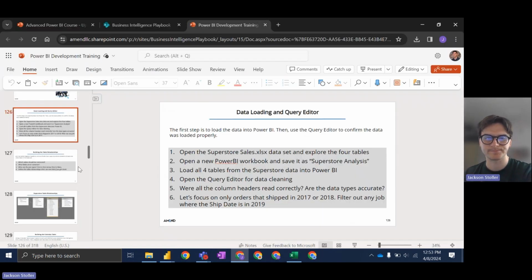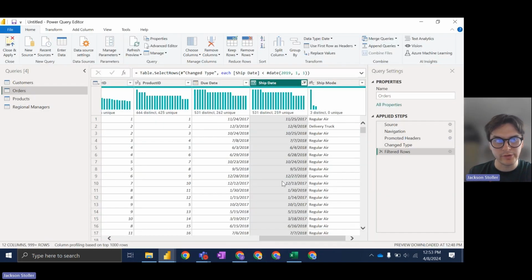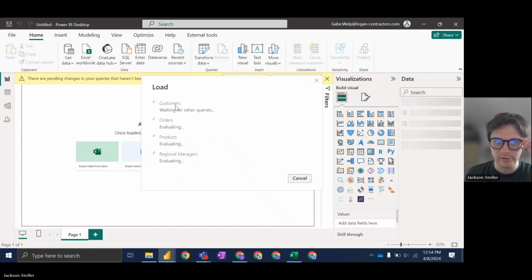All right, so let's go back. So we've done all of these. Now let's make sure that all of the table relationships are built. At this point, you can go ahead and hit close and apply, or even just hit this red X, and it will apply the changes for you. But for the time being, let's hit close and apply. Anytime that you go into Power Query and make changes, just make sure that you close and apply each of the changes that you made. All you do is click that button, and it'll load for a little bit. You see all 4 of the tables are loading, creating a connection,